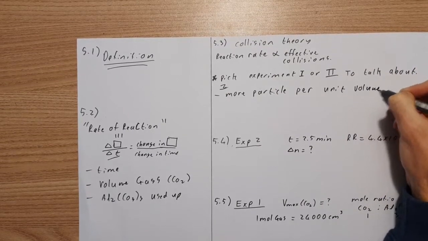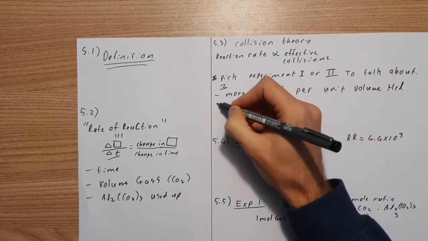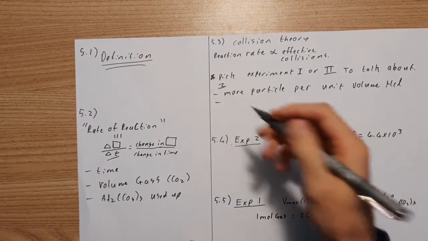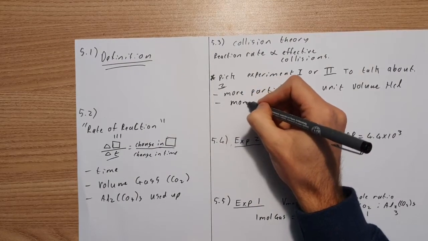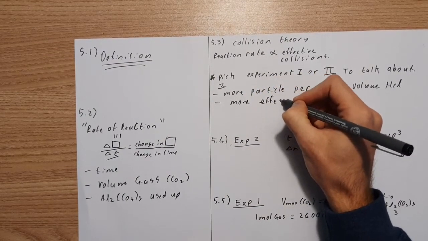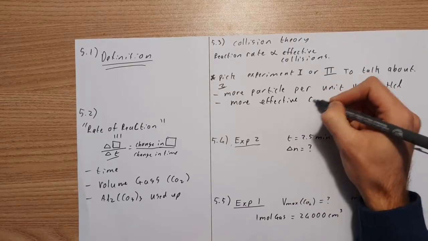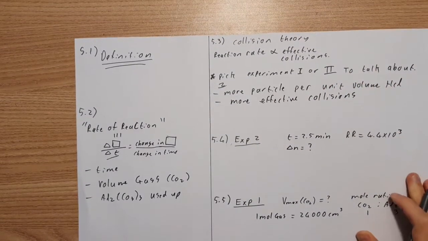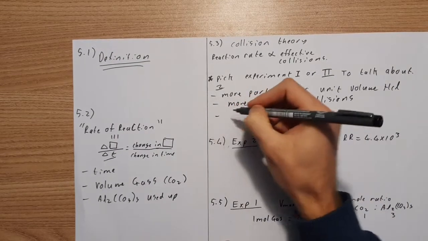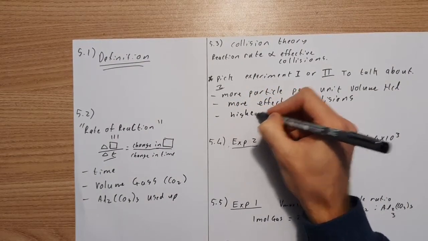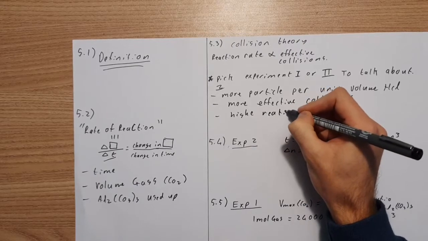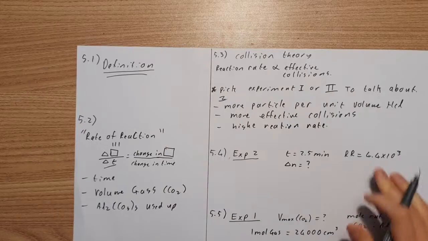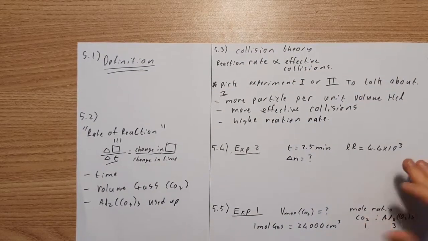Volume of HCl. Okay, the next thing that we can see over there, because there's more particles per unit volume, we're going to have more effective collisions within our container, and because of that we shall have a higher reaction rate. Okay, so you don't always have to state the collision theory if we're using it, you just need to understand